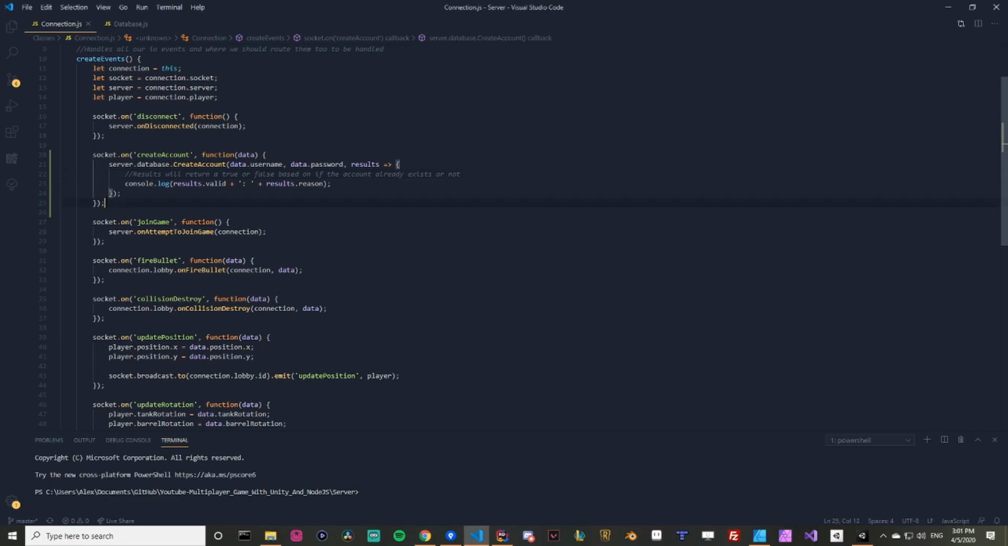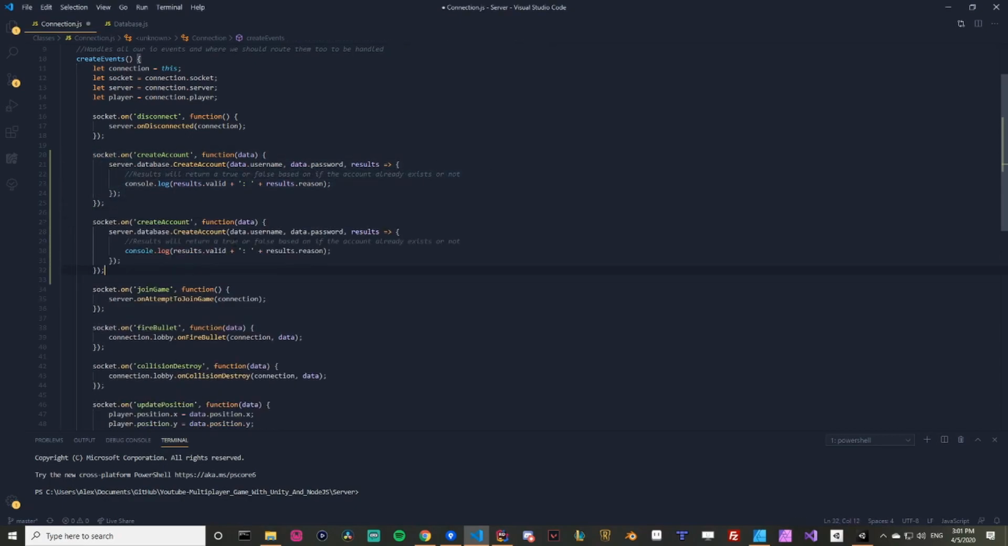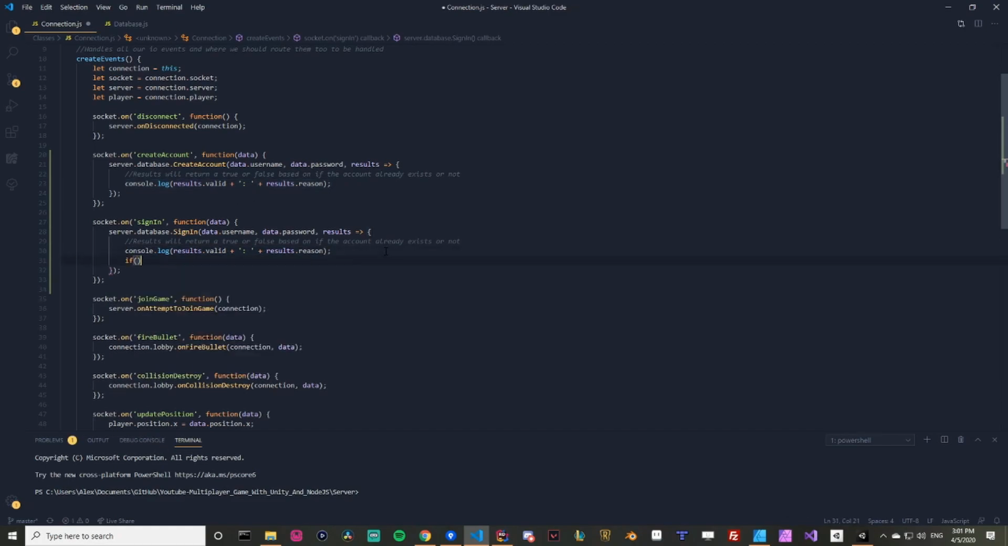Okay, so let's go ahead and we'll create the sign in function here. So it's basically the same. We can rename this to sign in. It's going to bring us some data. We're going to have a function here called sign in with username, password, and result. We can keep this line because it's kind of handy, right? And the only thing we're going to do is, if results are valid,